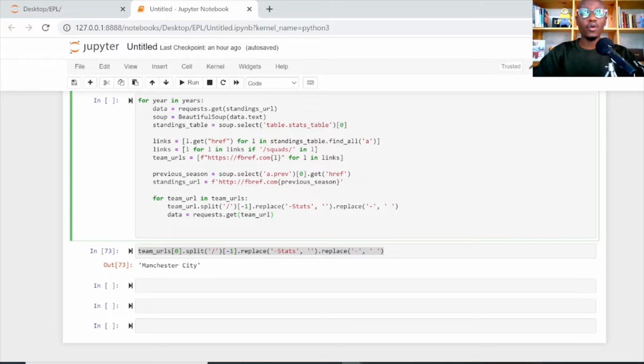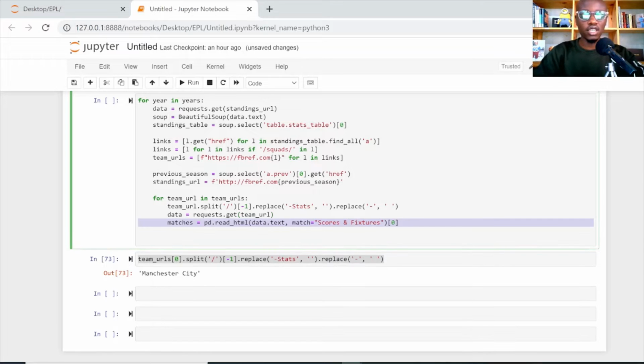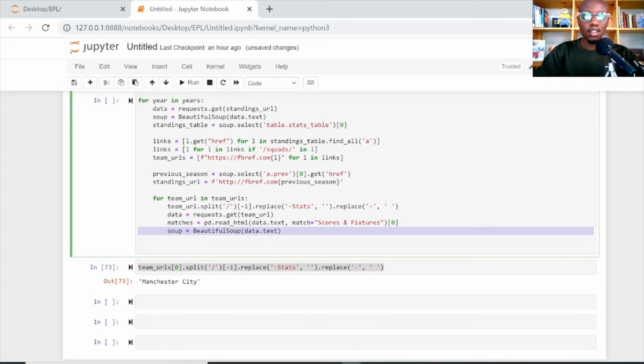Then remember what we did, took matches, then we read that score and fixtures. The next thing we want to do is initialize that soup from that data.text HTML string, and now we get the data itself. Then we are going to use, remember what we used,